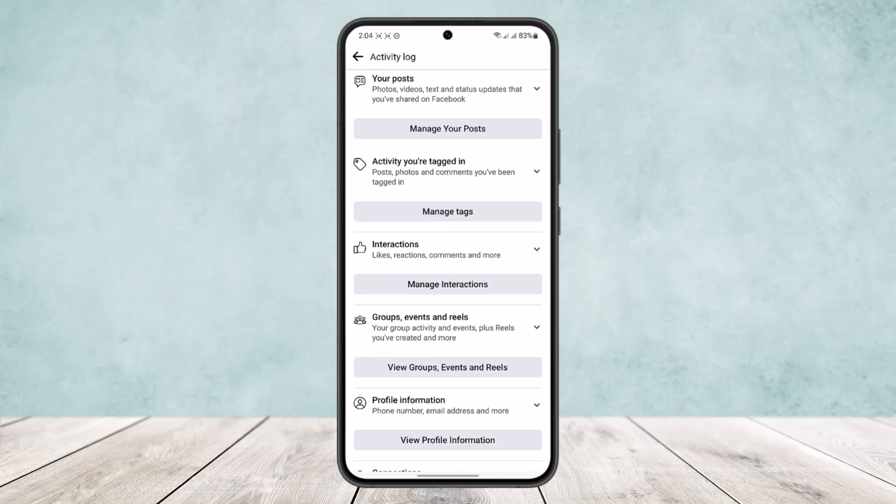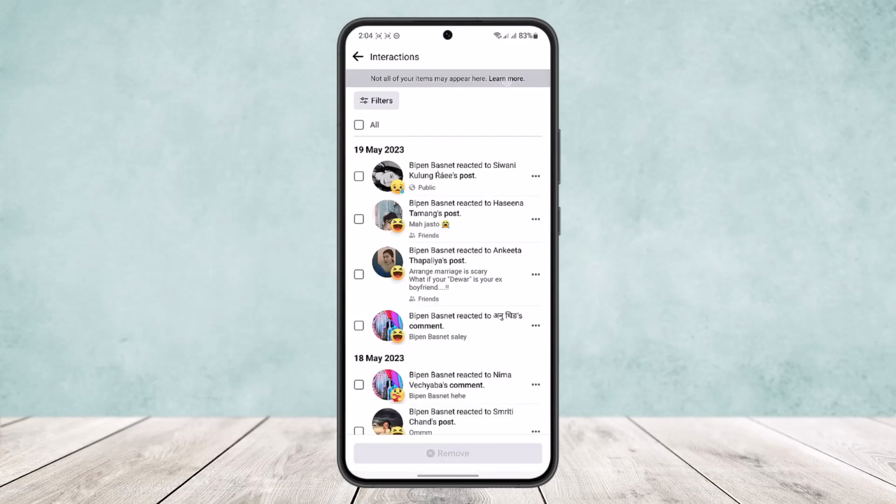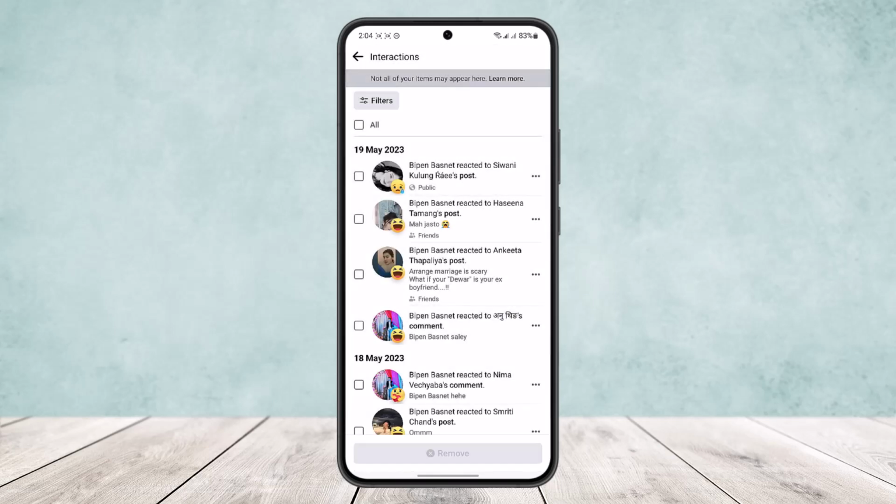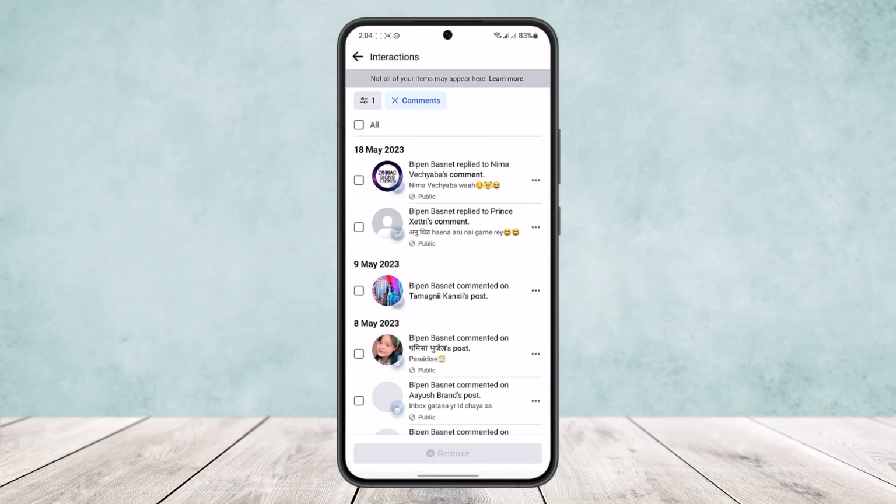You can see interactions: likes, reactions, comments and more. Tap on manage interactions, then tap on filters, then head into categories, and on categories what you want to do is head into comments. Now I'll just head into comments, and here you'll be able to see all the comments that you have made